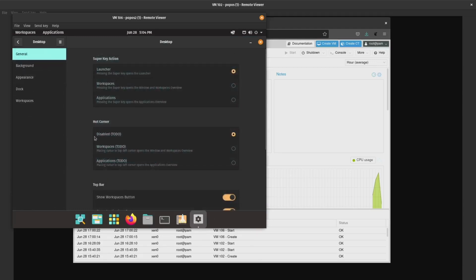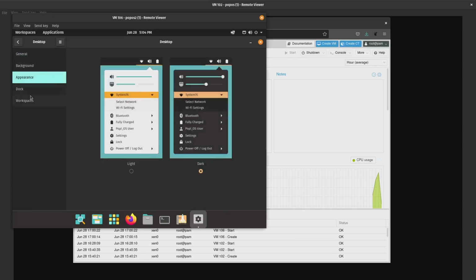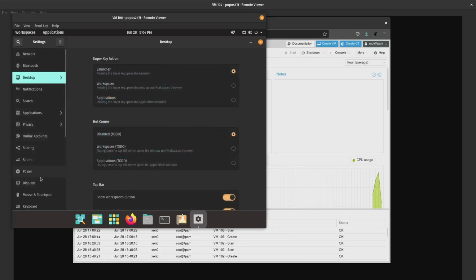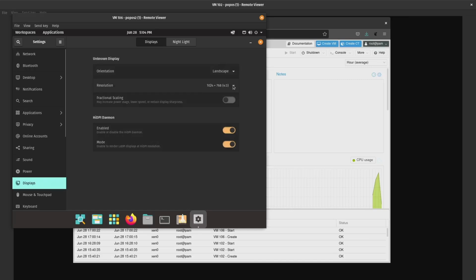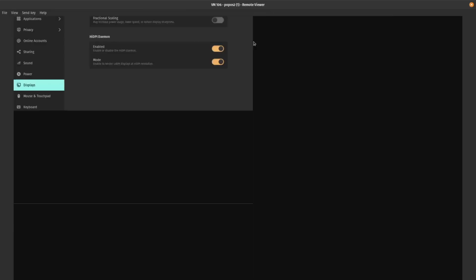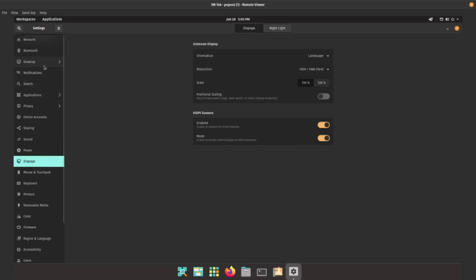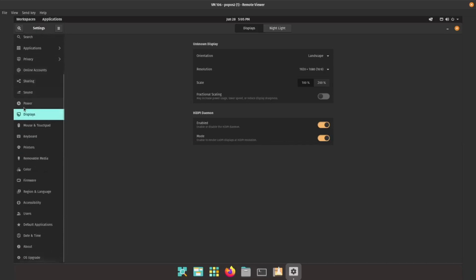And appearance. Nope. I guess what I need is display, not that one. Okay, let's get this up a little bit bigger. Yeah, I should be able to do this. Yep, keep the changes. And then you'll notice in here that, well, first of all, let's take a look at